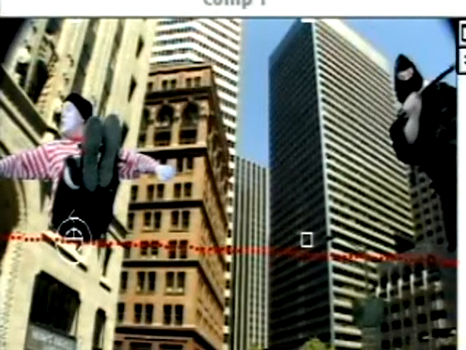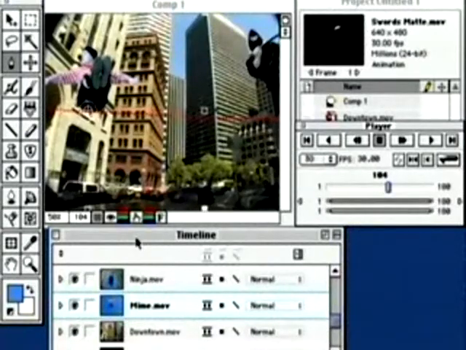In order to do the color correction and also have the characters go behind the building, I'm going to render out what's called a pre-comp. A pre-comp is going to render the Mime and the Ninja together in the same movie clip with all the effects that we've applied to them, and allow us to apply effects to them both at the same time, as well as roto them both at the same time to make them go behind this building. So I'm going to turn off the downtown clip,